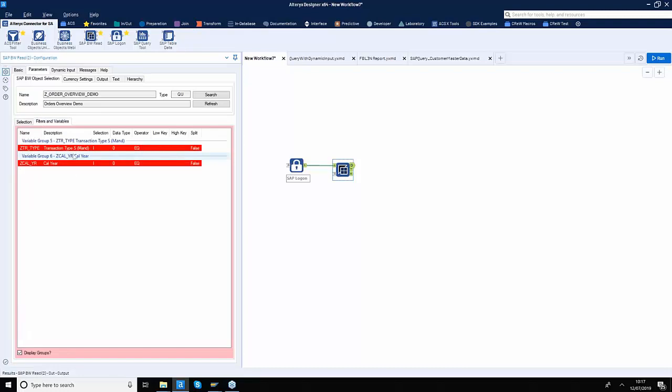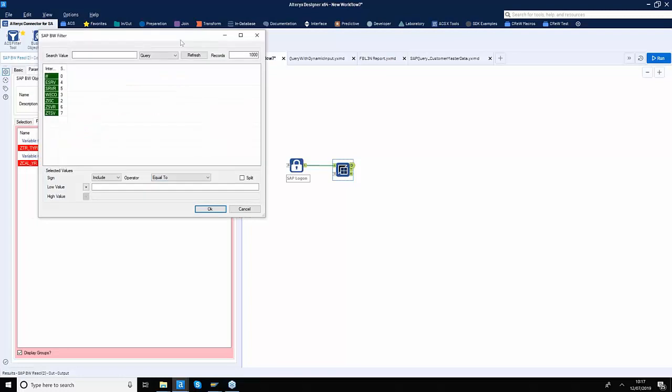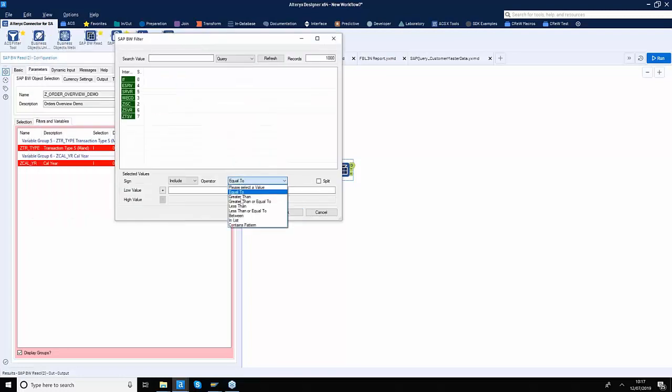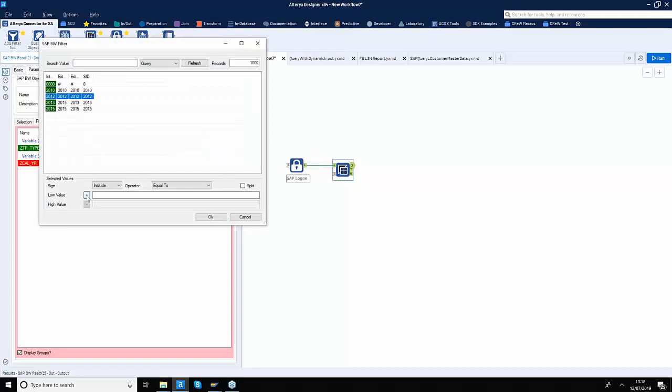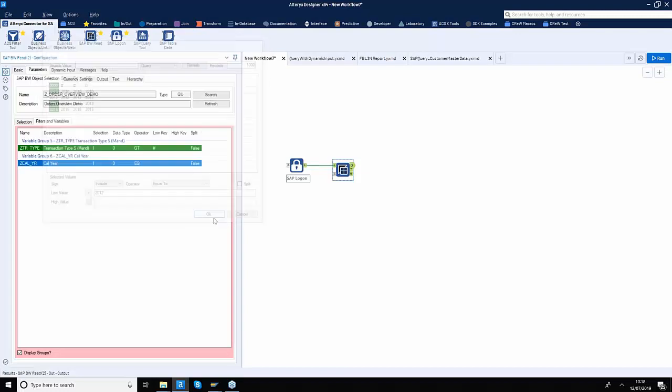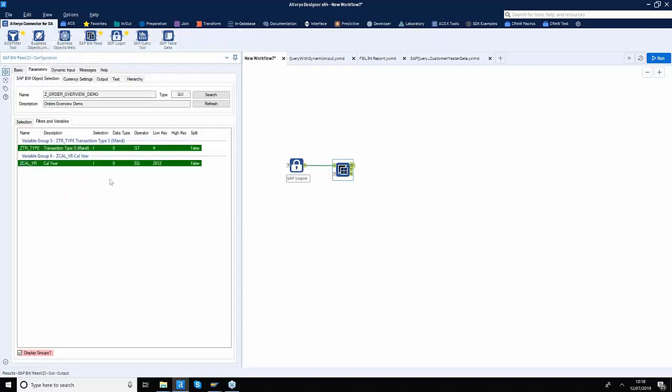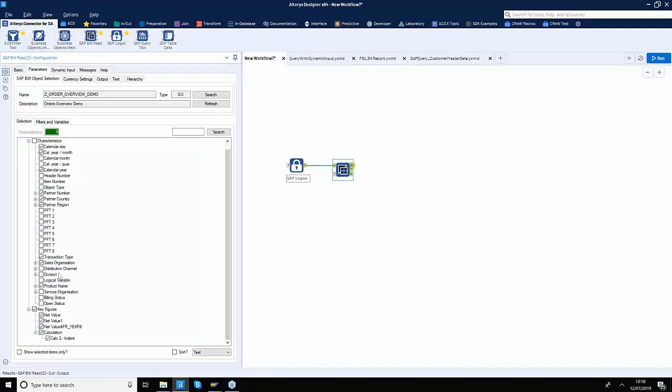So let's first of all satisfy the need for this query for the mandatory parameters. By right clicking, I am saying I want to put in a few details, and I'll select my operator here, greater than, this first value. Click on the plus button to add that value, and OK. So first line satisfied there. Second line, I will click on the edit button again, and we do have some demo data for year 2012, and as soon as I click on that second line, all the mandatory parameters are now populated and the red edges are gone. So we don't need to do anything else here.